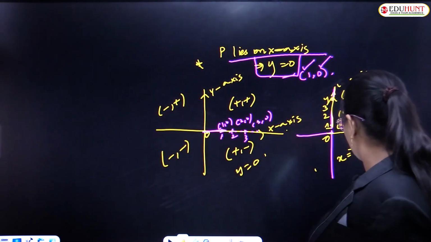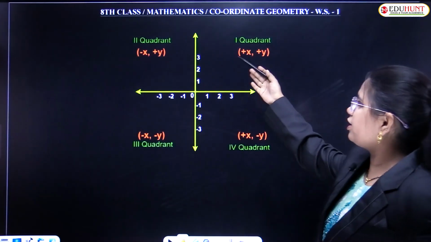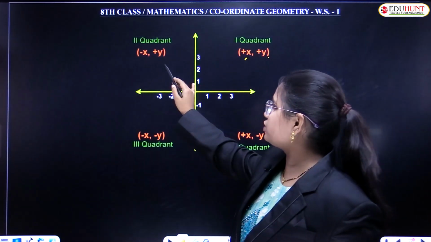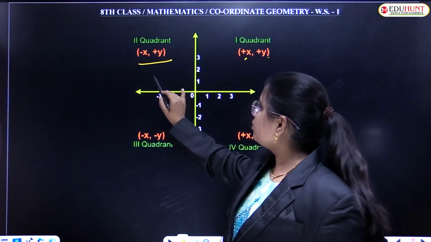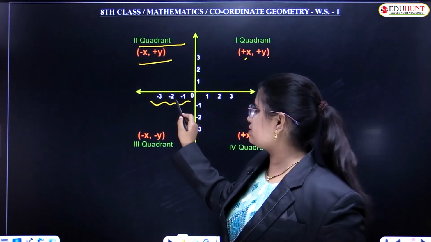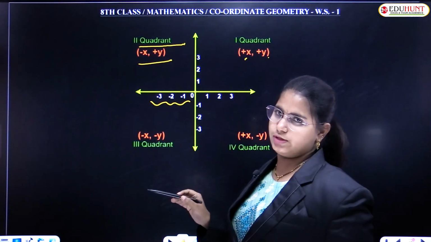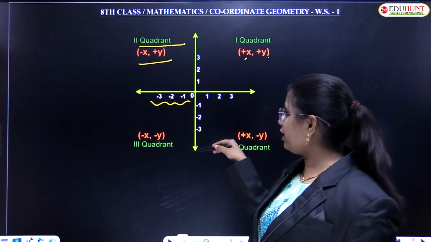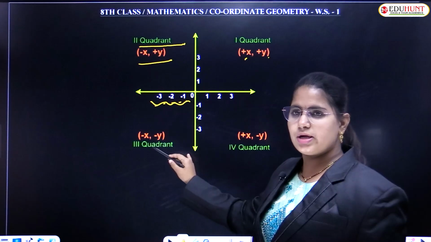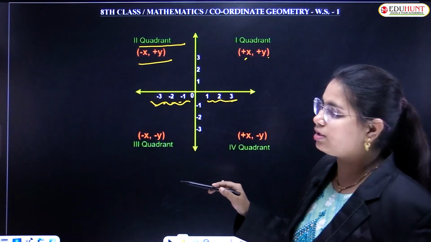See, this is what I have discussed: first quadrant, second quadrant, third quadrant, fourth quadrant. In the first quadrant I have both positive. In the second quadrant x is taking negative signs, see -1, -2, -3, and y is taking positive signs. So minus x, plus y, right? Next, in the third quadrant both are becoming negative, see -3, -2, -1, and -1, -2, -3. So it is minus minus. And in the fourth, you have positive x values and negative values of y.